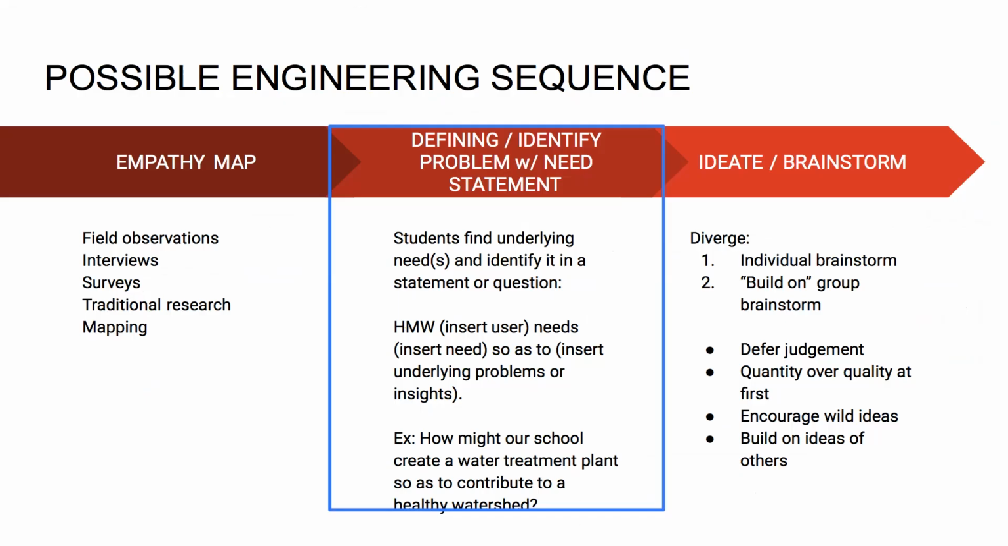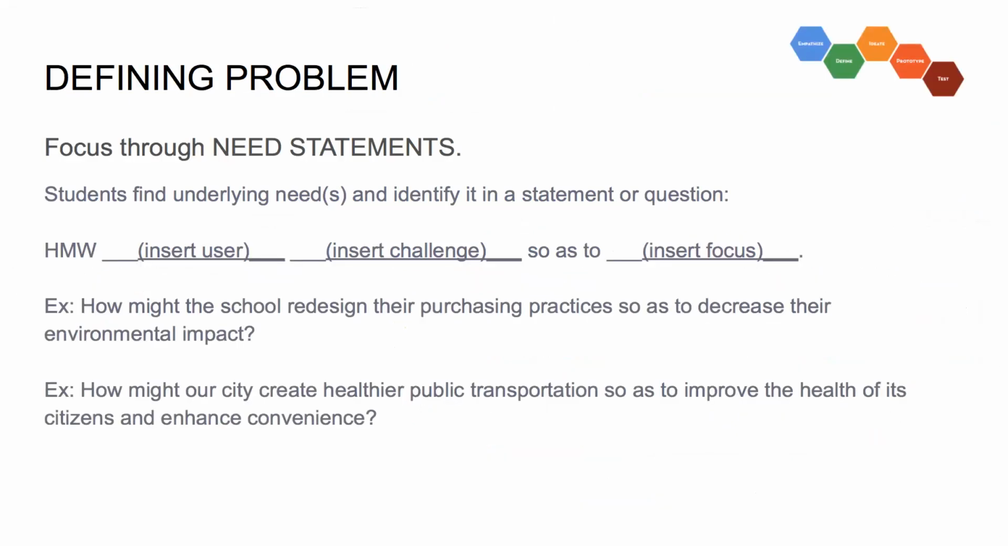So the second step would be to define the solution. This can kind of look like a Mad Lib, to be honest, which would end in a how might we. So students find underlying needs and identify the same in a question or in a statement. So how might the school redesign their purchasing practices? This is my favorite part, so as to decrease their environmental impact. The students can choose the focus after this so as to part, and that could really direct and guide their